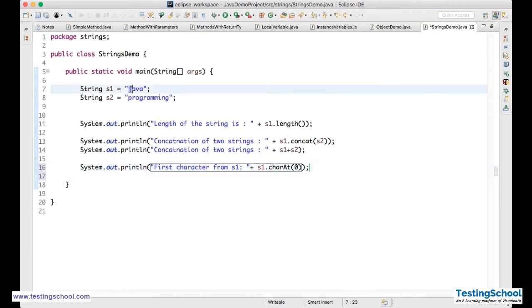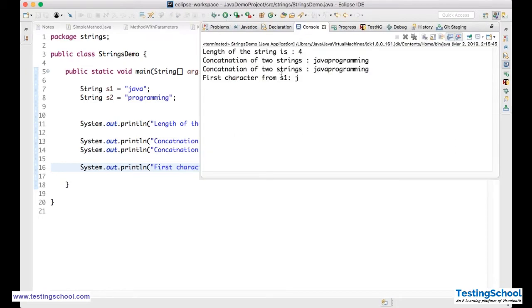It is 0, 1, 2, 3. The reason is the index always starts from 0. If I am saying charAt 0th position, it means I will get J. So charAt is a method to find the character at a particular index position. When I run this, you see J. I am getting J.